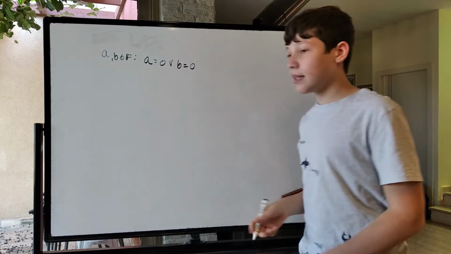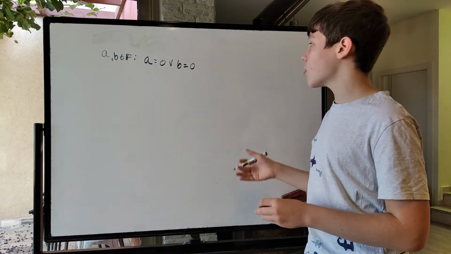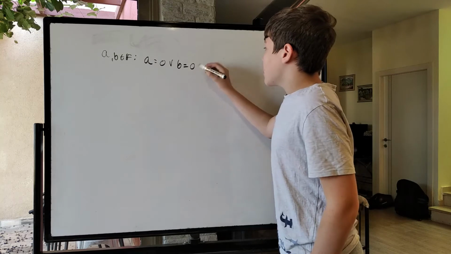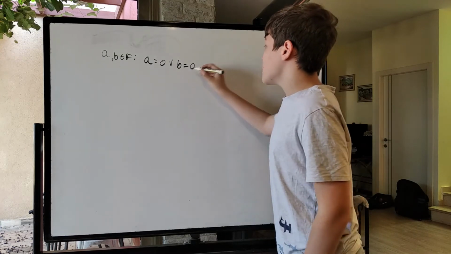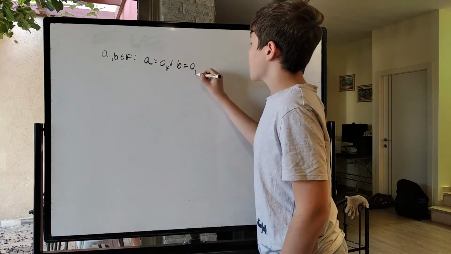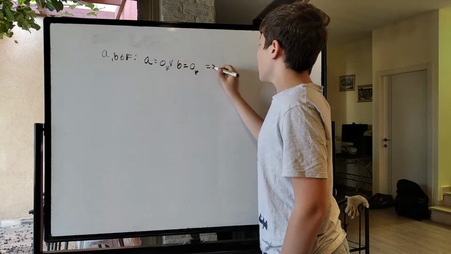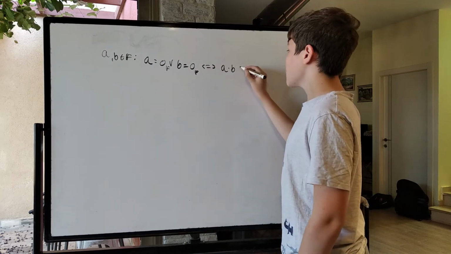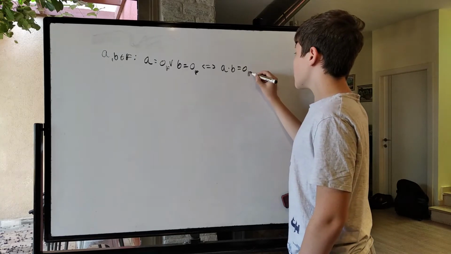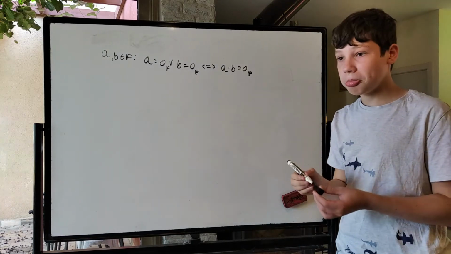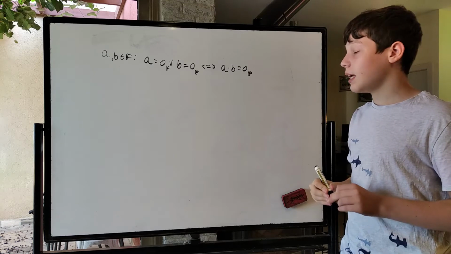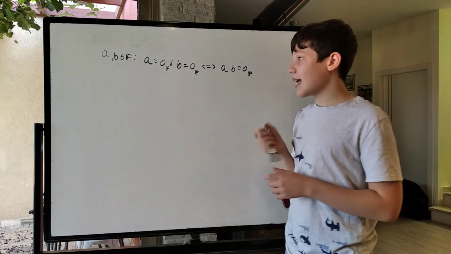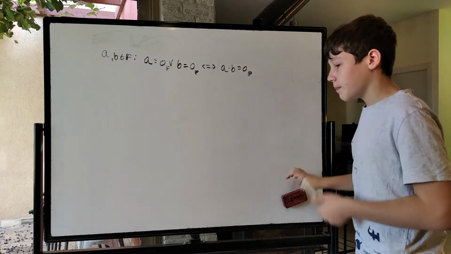If you don't know, that is a symbol for a mathematical OR. So A is equal to 0 or B is equal to 0, obviously from the field, if and only if A times B is 0,